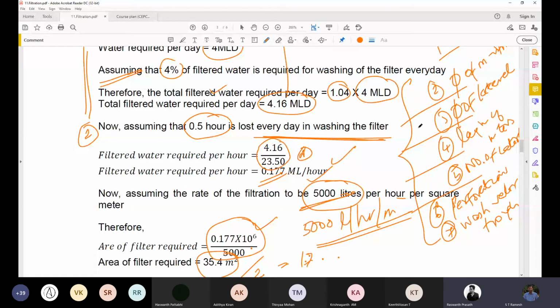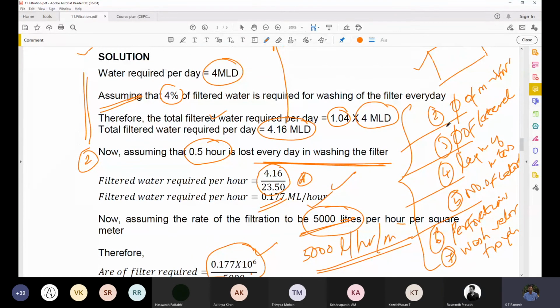That's what I told you, because it is somewhat difficult to ask really lengthy problems like this. That's what I've written here: diameter of manifold, diameter of laterals, length of the lateral, number of laterals, number of perforations, and wash water troughs. What is the Q value, and what is the depth of wash water trough? As small segmented statement problems. Is it okay? Yes, sir.